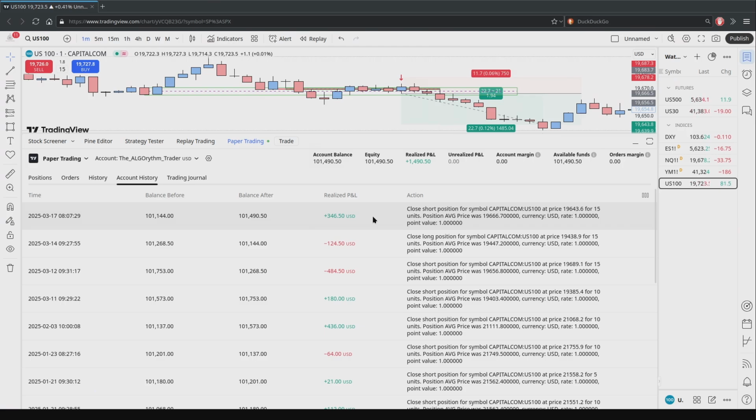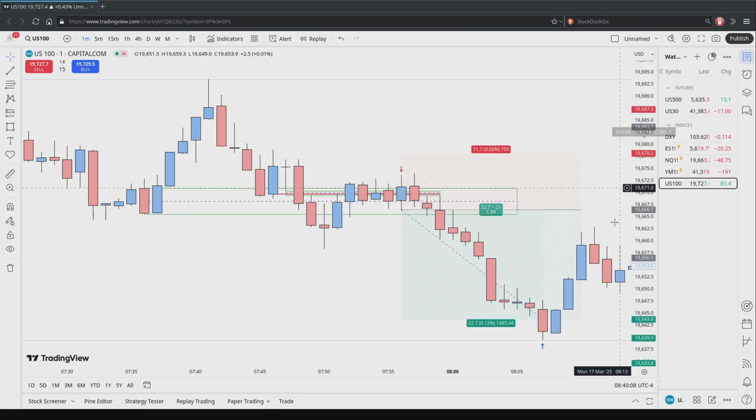No need to rush to make all of it back in one position. That's not how you want to do it. You slowly get back into it, find a good setup, take a good setup, and you work your way back. There's no rush in trying to make back all of the drawdown in one go. You're just slowly going to make it back. And that's how you're going to get back out on top. That's something that you write down in your notes. You slowly make it back.